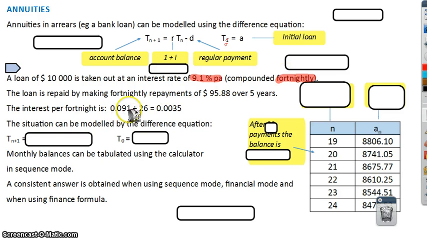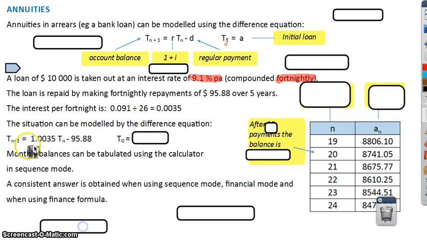So 0.091 divided by 26 gives us 0.0035. That's our interest rate, but it's 1 plus that because it's percentage increase. The situation can be modelled by the difference equation then: 1.0035, which is our interest rate, multiplied by the previous term minus the amount we're paying off the debt. Our initial T0 is